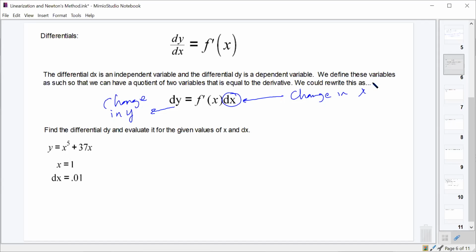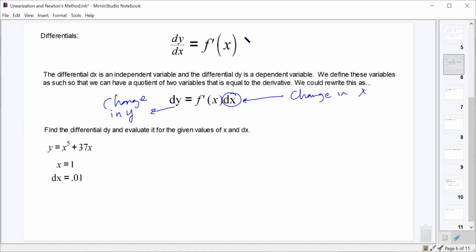And so we know that dy/dx, the derivative with respect to x of a function, is just f prime of x. So if we split those dy and dx up and multiply by dx on both sides, we get dy is equal to f prime of x times dx. And when we do it in that manner, where we've got these separate variables, we call this a differential. And a differential is just a way to approximate the change in a function when you have a very small change in the other variable, in your